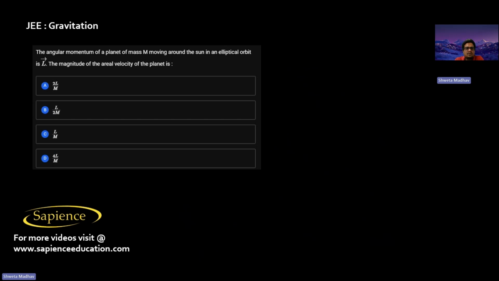And here it is told, the angular momentum of a planet of mass m moving around the sun in an elliptical orbit. There is a planet of mass m moving around the sun. Sun's mass is M. Yes, it is moving in an elliptical orbit. Angular momentum is L. The magnitude of the areal velocity of the planet is